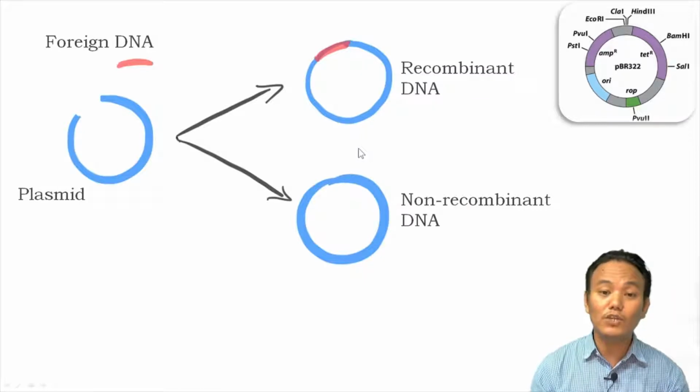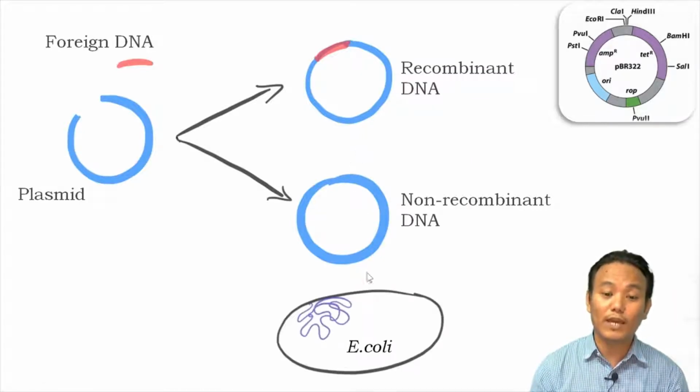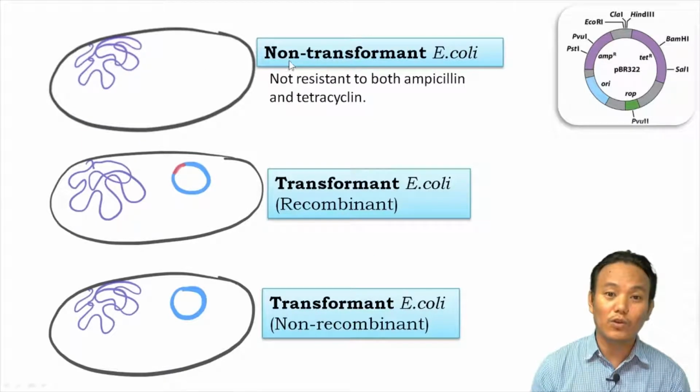Now when we introduce the bacterial host organism like E. coli into the mixture, what can the E. coli do? E. coli can either take in the recombinant DNA or the non-recombinant DNA, or it can take in none of the two, right? So this will result in the formation of non-transformants and transformants. So how do we identify non-transformants from transformants? Non-transformants won't be